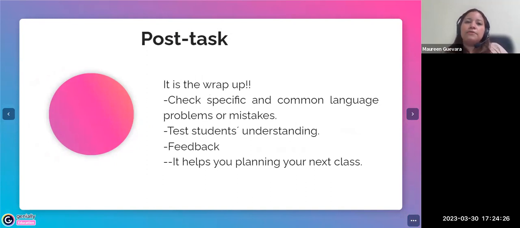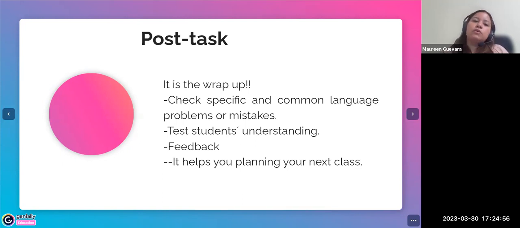We identify the students' previous knowledge. During the pre-task, we give them input so that they can use the language effectively. During the main task, okay, now it is the students' time to produce in the language, to see if they really got it, to see if the input that they were exposed to really worked. And now let's move to the post-task.